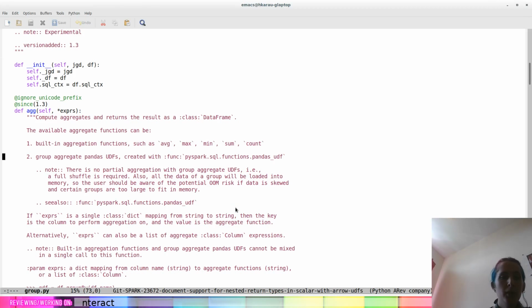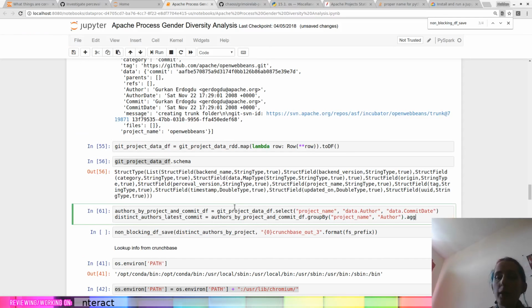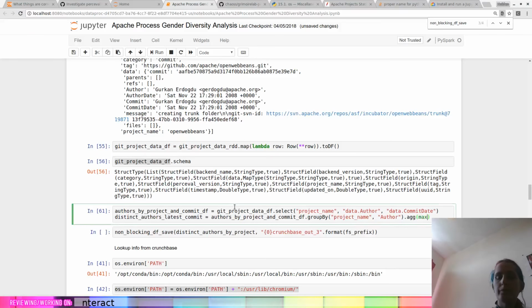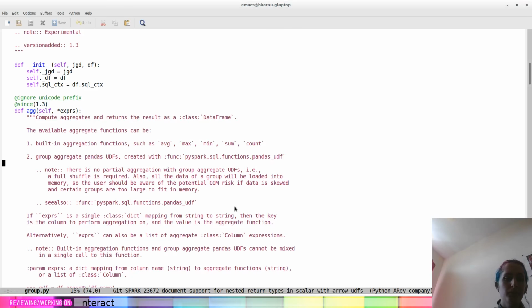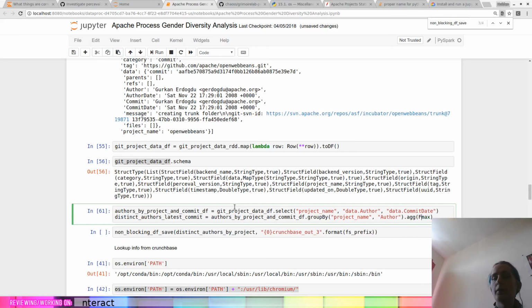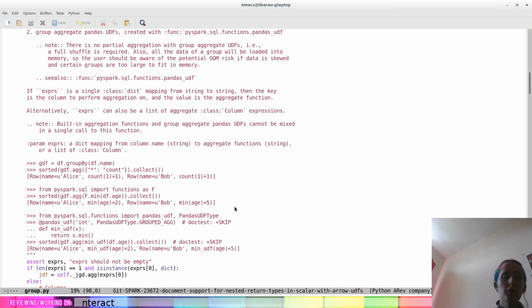So dot agg. Oh yeah, we definitely don't want to use the Python max. That's not going to be the right max.